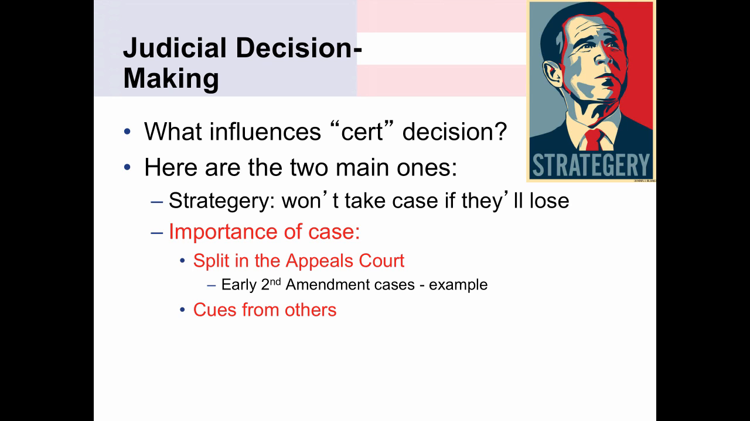First of all, what do we mean by a split in the appeals court? Remember that map of the appeals court that I showed. A split in the appeals court simply means that, say, the Ninth Circuit Court of Appeals ruled one way on an issue, and the Fourth Circuit Court of Appeals ruled an entirely different way. The clearest example of this were the early Second Amendment cases just a few years ago, where some appeals courts ruled that the Second Amendment is not an individual right, whereas other appeals courts ruled that it was an individual